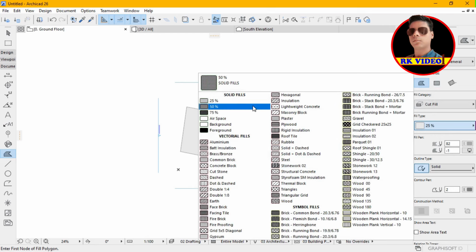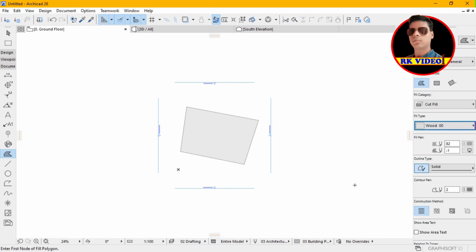You can see that solid fill here, 25-50%, space background, foreground, and also you can choose vectorial fill, all types of fills. Here you can see for use of any fill surface. So what I do, we take something like wood fill. So you can use this